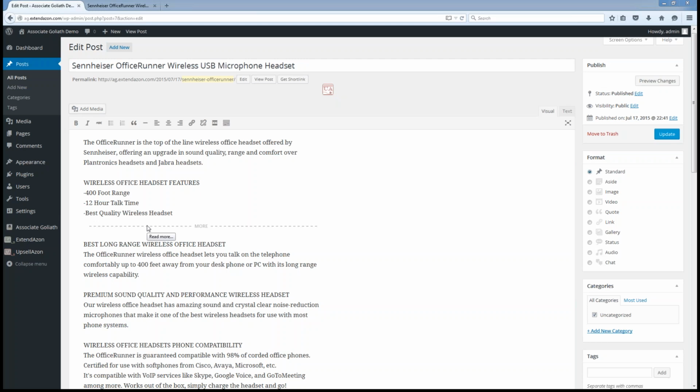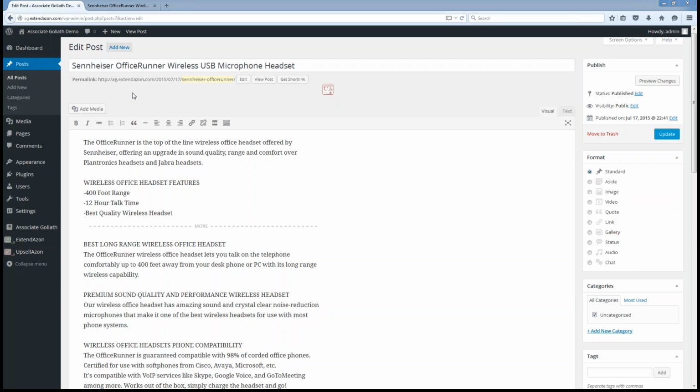So with that said, it's important to make some customizations to this information. Otherwise, you will simply be one in a sea of many with essentially this exact same page on your website. If you want to get any kind of Google traffic onto this website, and especially directly to your product pages that are created by Associate Goliath,